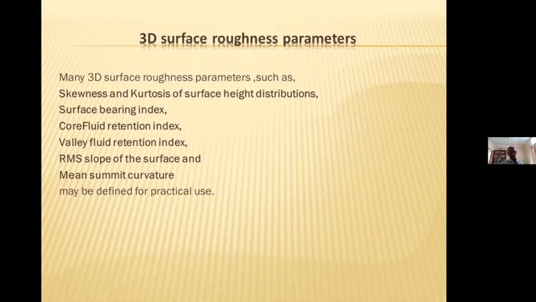RMS slope of the surface. The surfaces will have slopes. So root mean square value of that is a useful guidance in characterizing the surface. And then the mean summit curvature. Summit curvature is also a very important point because that will tell you how the surface will meet and slide with respect to another surface. So these are a few more 3D surface roughness parameters, and with this we